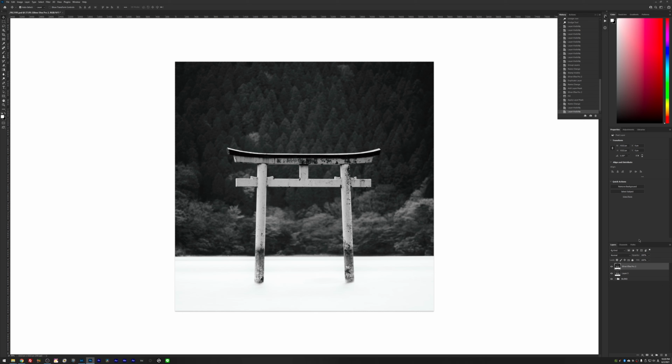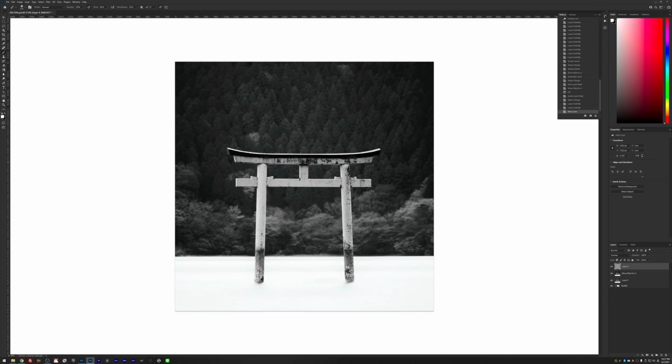I like to do this in a different way this time, which is by creating a new layer by holding Alt and clicking on the new layer icon. I'm going to select the mode overlay and fill with 50% gray, so I get this gray layer. And then I'm just going to do a simple dodging with the brush. So I'm going to select my brush with B on the keyboard, make sure that white is selected. I'm going to select an opacity of about 20%, make this brush a little bit bigger, and I'm going to brush in some white on the gate.